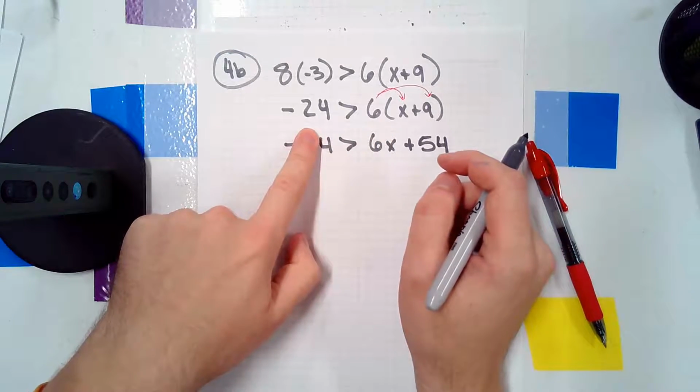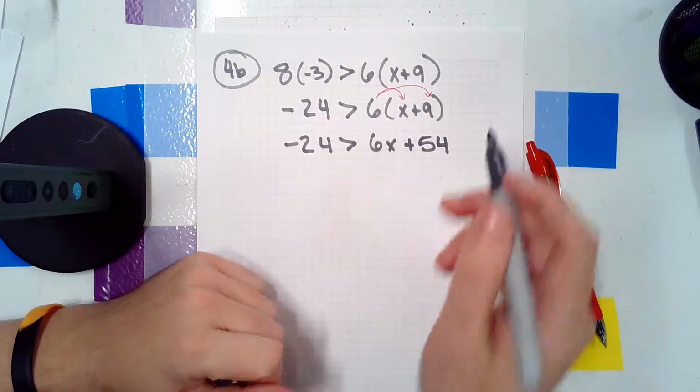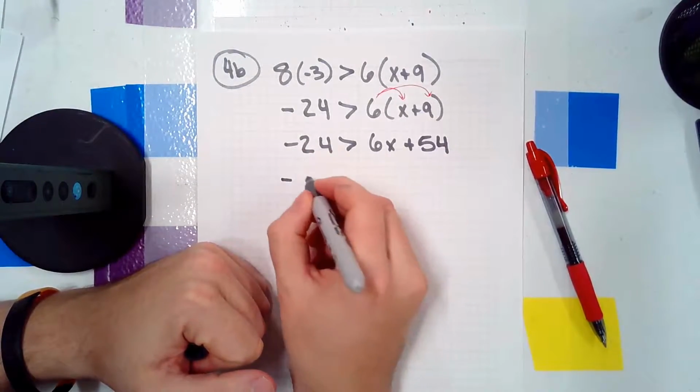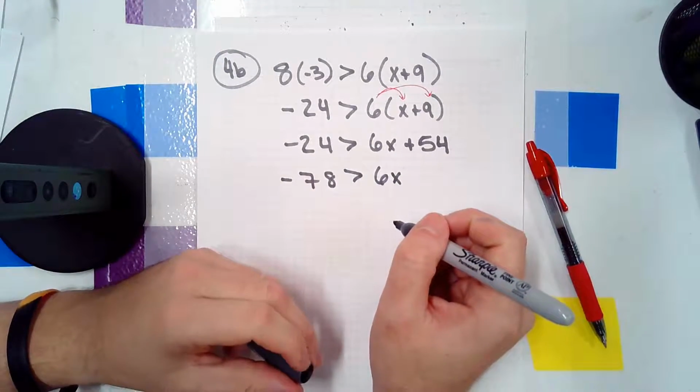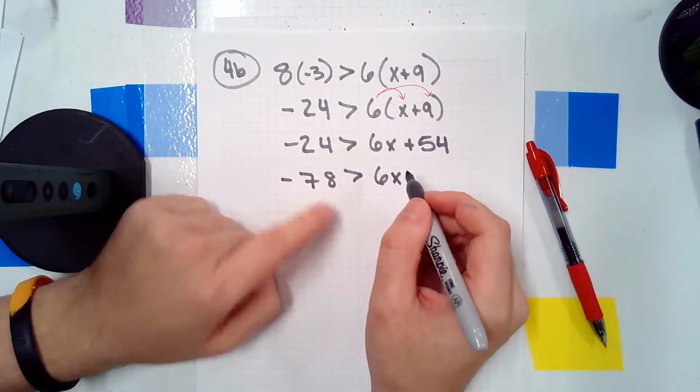Do you see how that's a little bit extra, right? You could have just divided by 6 and got negative 4 over here. This one's actually kind of nice. But it's okay. So now what are we going to do? Well, let's move the 54 over by subtracting. We get negative 78. Now we divide by 6. It's not a nice number. Oh, it actually is, because 60 goes in nice. 18 more than 60 would be